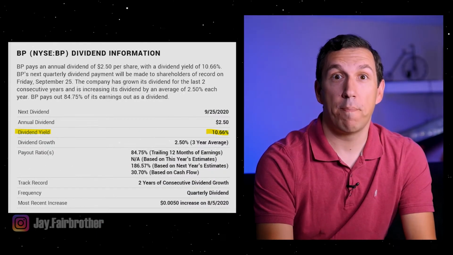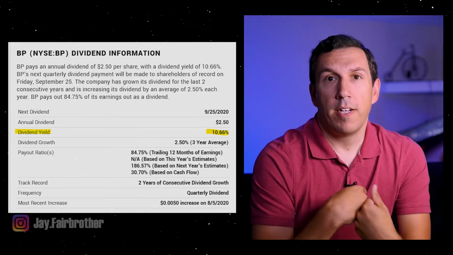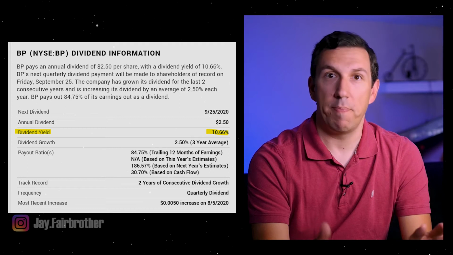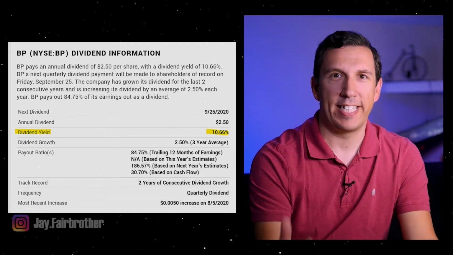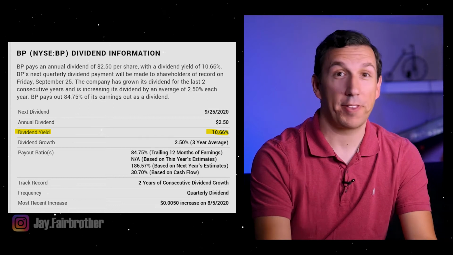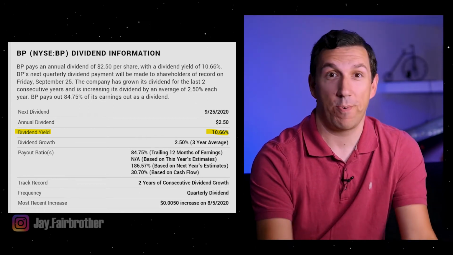But over those 10 years or so, BP has paid an amazing dividend. I think for the majority of the time I've held the stock, they've yielded somewhere between 5 and 7%. So even though the stock price wasn't moving, it was worth me hanging on to the stock because they were returning that 5% to 7% in dividends. Now recently, BP's share price has dropped due to all the turmoil in the oil industry, and that increased their dividend yield up to about 11%. So if you were a new investor just starting to look at BP's stock, you might see an 11% dividend yield and start getting all excited about those huge dividend payments you're going to be getting every quarter.